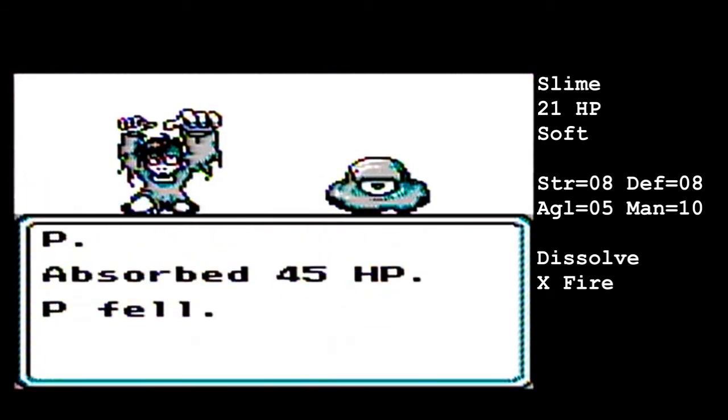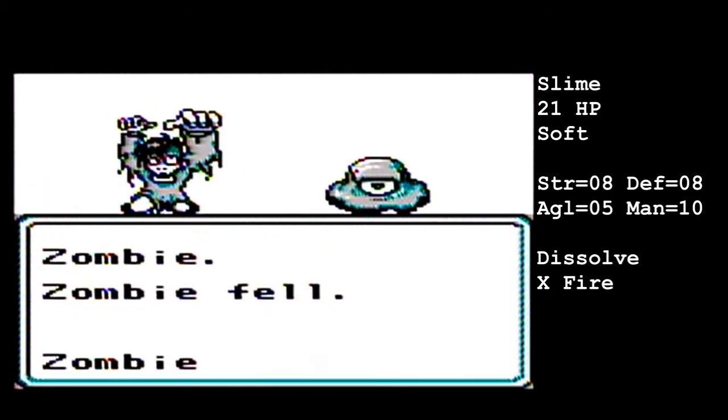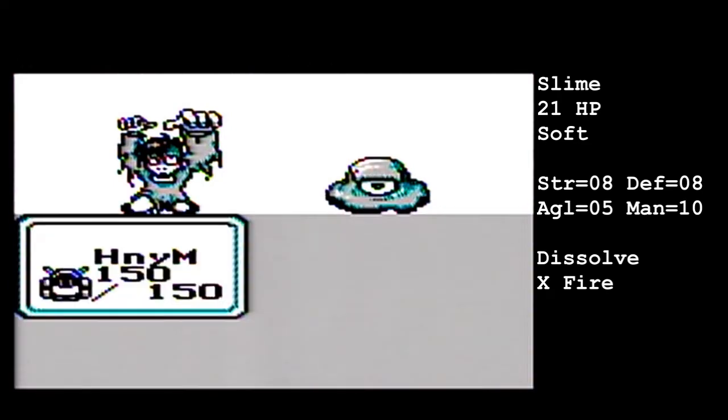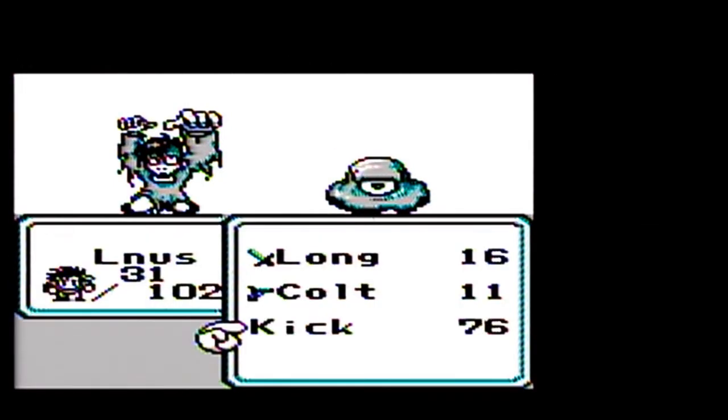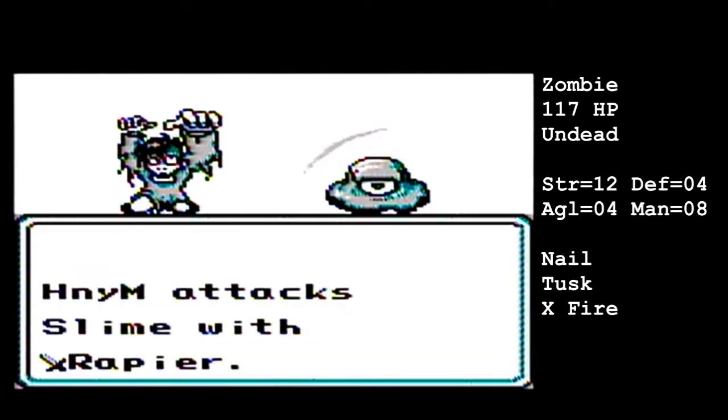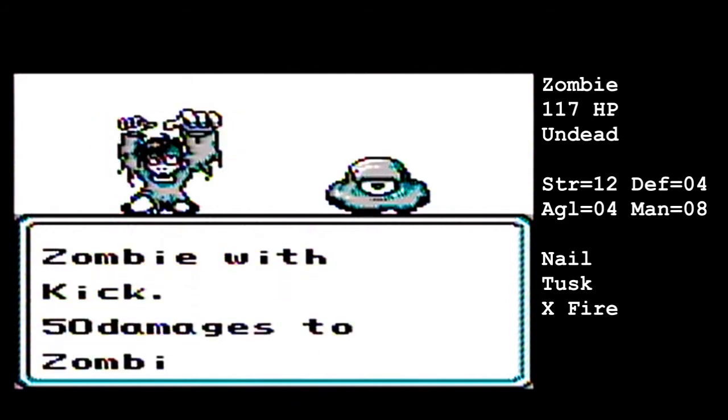First, you gotta take care of all these guys, and these guys can be annoying. Zombies, not so much, but the slimes are bad. See, they have that dissolve attack. That dissolve attack deals damage to your characters, and it also heals the slime. So it'll say like,